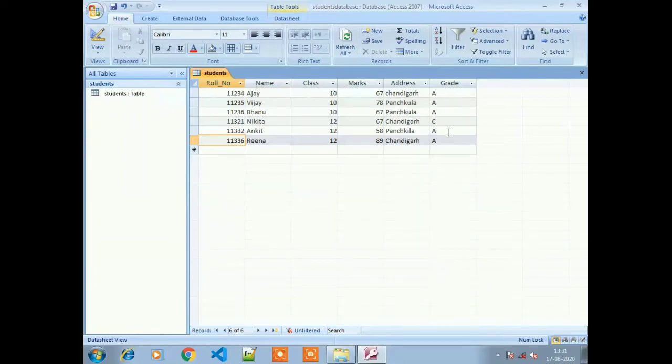So now we have one table, and in that table we have some information: roll number, name, class, marks, address, and grade. So I'm going to filter the record on the given criteria, that is marks, right? Marks, or we can say class. So select the marks column header,